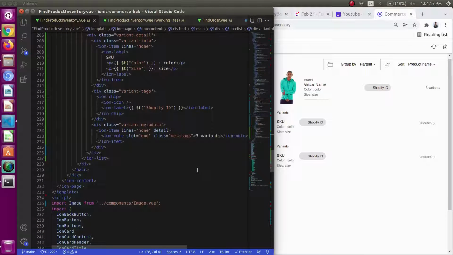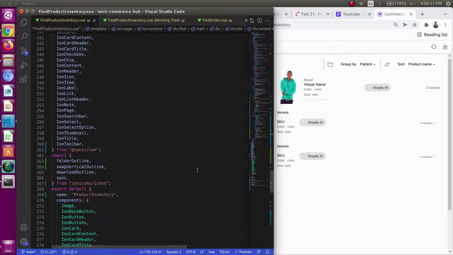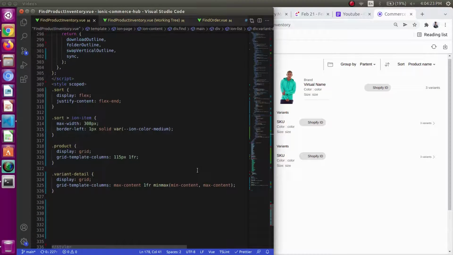We want our tags to be centered, so I will be using justify-self center for it.